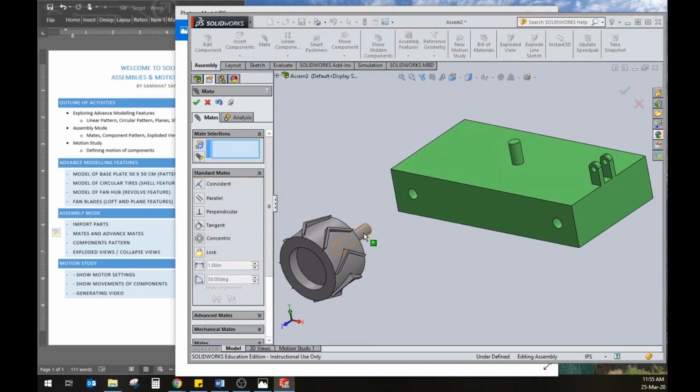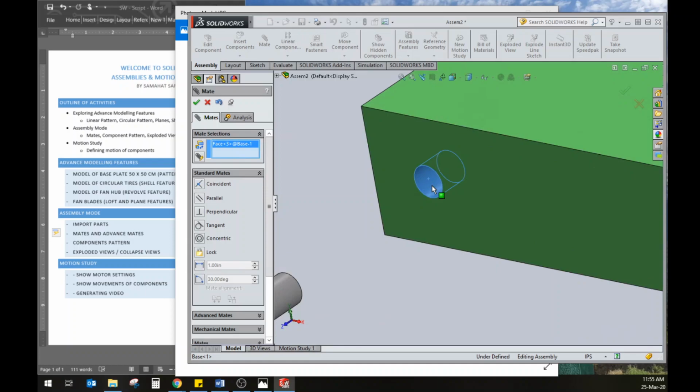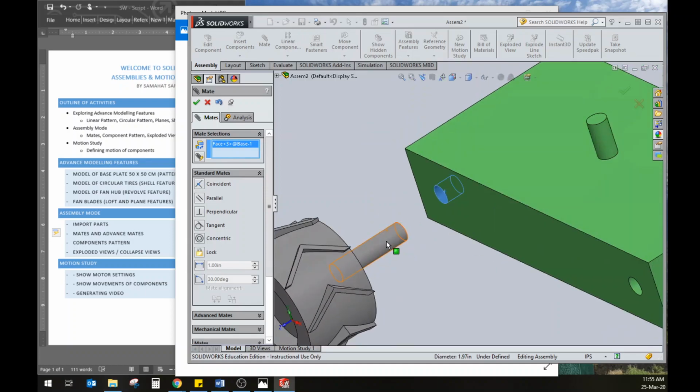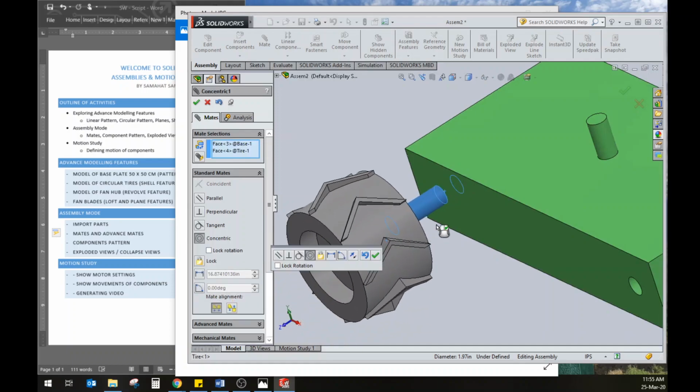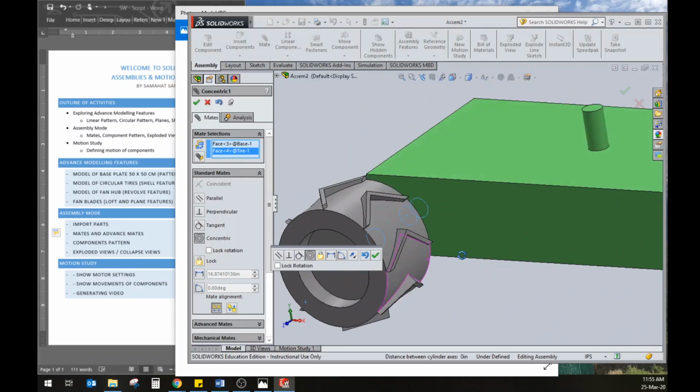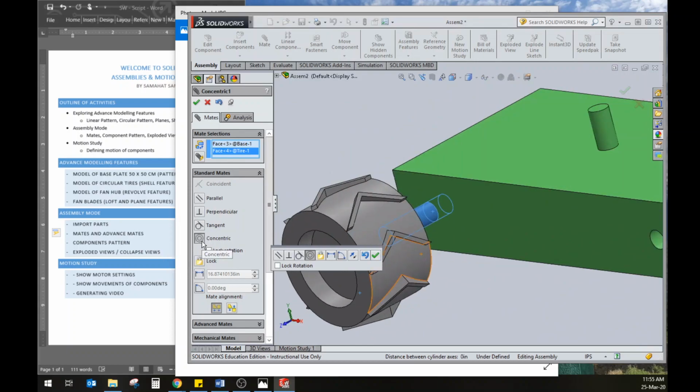Now, how to bring this part in circle and this circle concentric to each other? You will click on this face. So we are still in the mate command. You will click on this selection window and choose this circular edge. So this circular edge, I want it concentric with the circular shaft. So you will click, the second thing is this. You will see both of them will come in concentric to each other, and the software has already chosen concentric